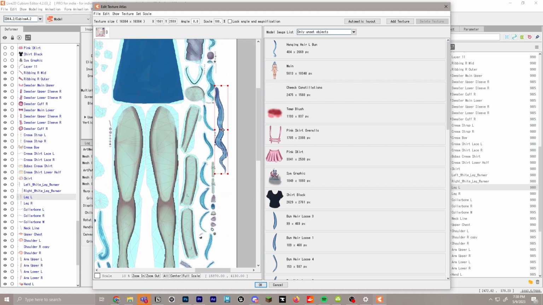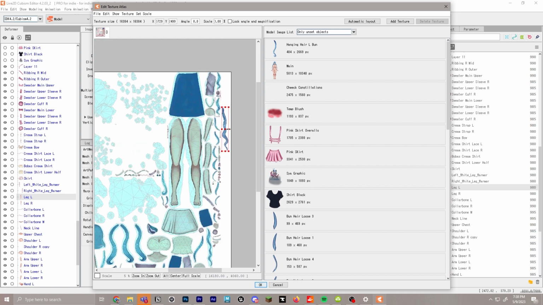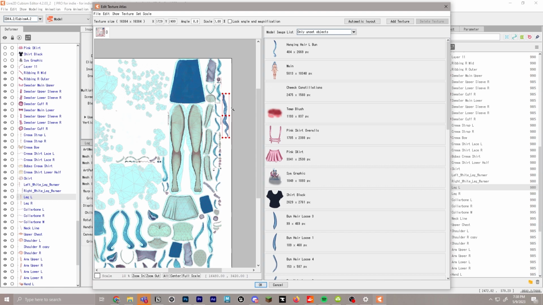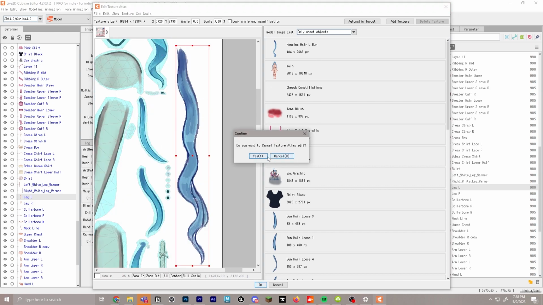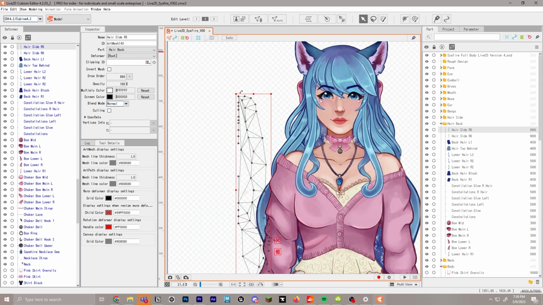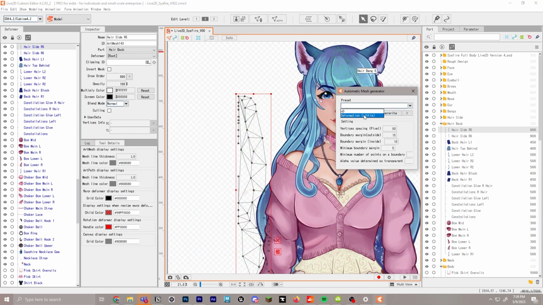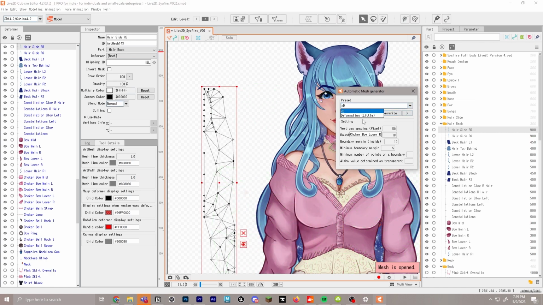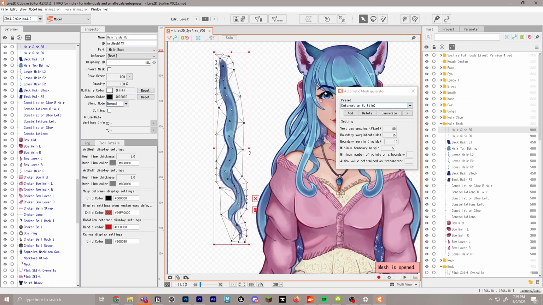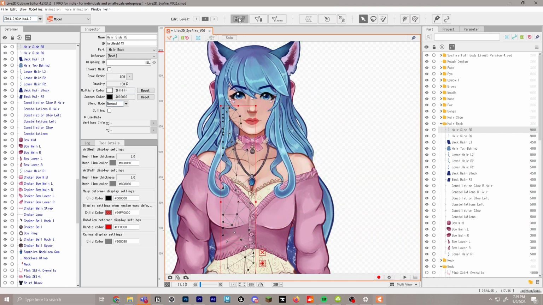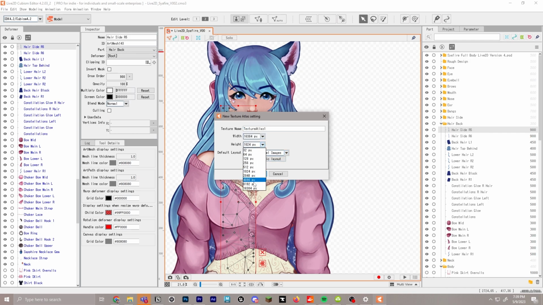So for example, this piece of hair looks like it actually didn't even get read for some reason, which is the problem we were just talking about where things get deleted randomly. So we're actually going to have to exit back out of our texture atlas, cancel it, and go find that long piece of hair and add a mesh to it. See, it's invisible. So we'll go to auto, and I'm going to click deformation little. And now I'm going to move it over again to see if it's there. It's not, so let's change it to the XD one. Let's change it to the deformation little, and now it is there. See how random it can be sometimes? Okay, so we'll go ahead and click X, and then we'll run our texture atlas again, and we're going to have to wait for a little while.